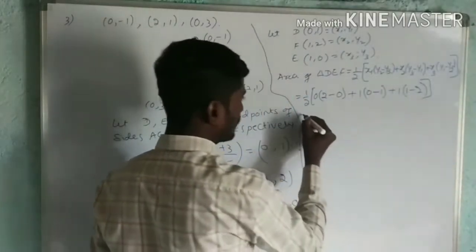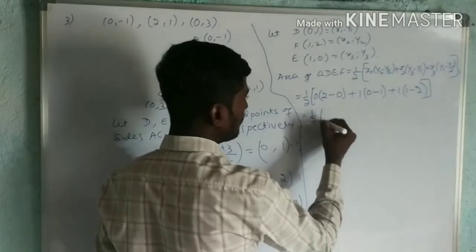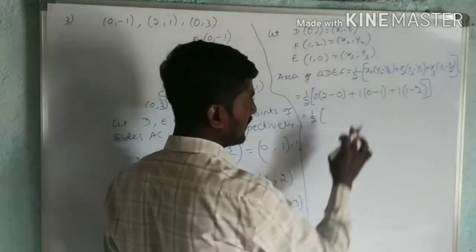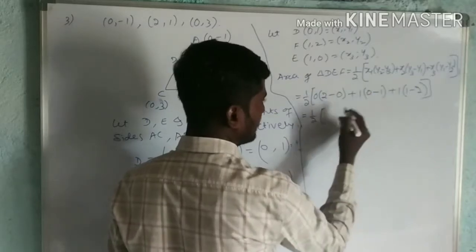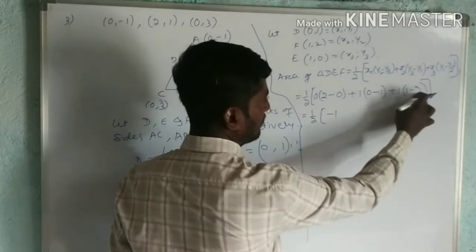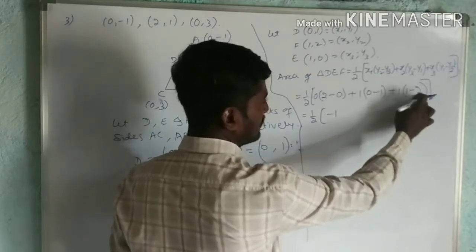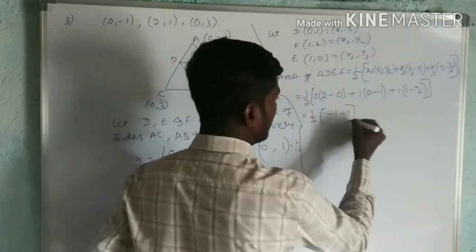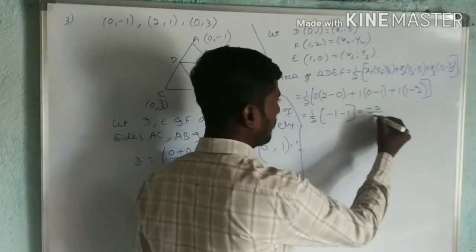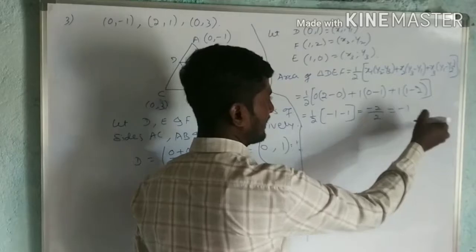Now this is equals to 1 by 2 into 2 minus 0, 2. 2 into 0 is 0. Leave it. Plus 1, plus into minus, minus 1. Okay. Now here 1 minus 2 it is minus 1, minus 2 minus 1 plus 1. That is again minus 1. So here I am getting it as minus 2 divided by 2. So this I am getting it as what?